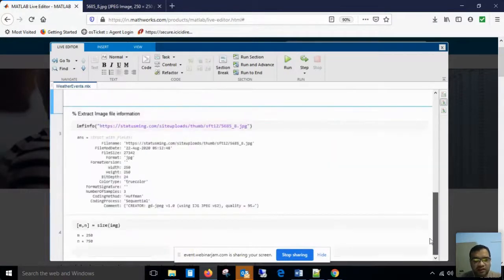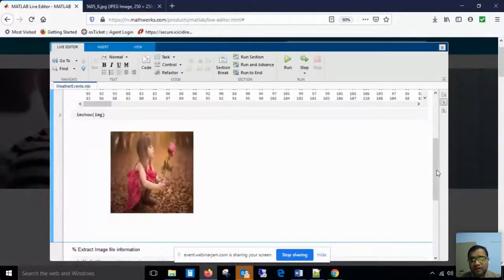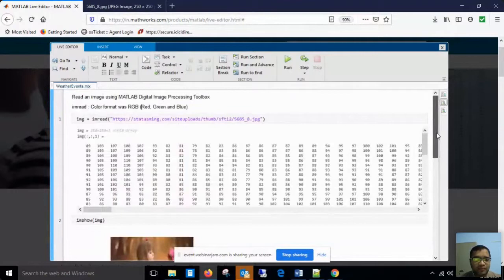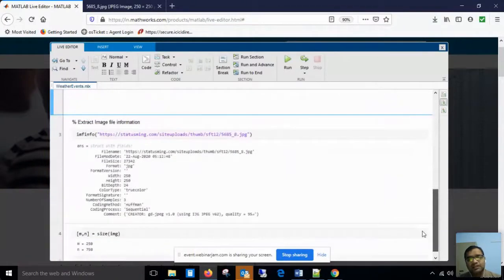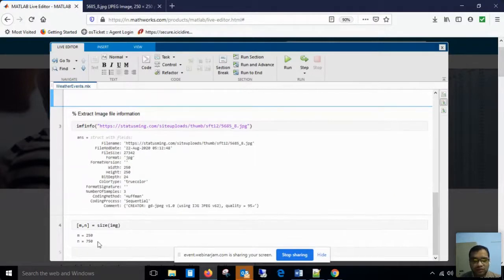When we are talking about the RGB component, we have three color components, so that's why 3 was there. Similarly, when you get the size of the image, m is equal to 250, n is equal to 250, but in actual, because of the colored image, this is 250 cross 3. So the value 750 has been returned. Keep in mind, when you get the size of a colored image, it will be multiplied by the color component, and accordingly the value will be provided to you. But if you read it through the imread function, it will be shown as the third component of the matrix, and when you get the image information, the actual size of the image, 250 cross 250, will be shown.